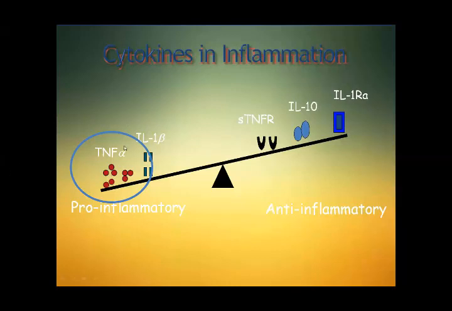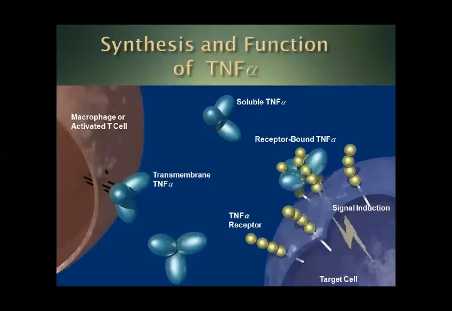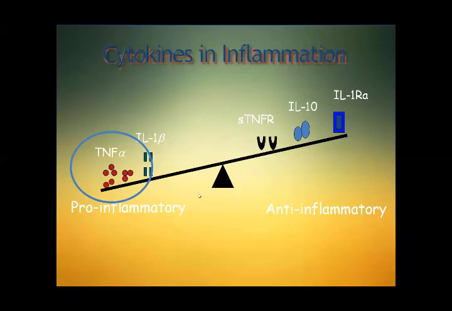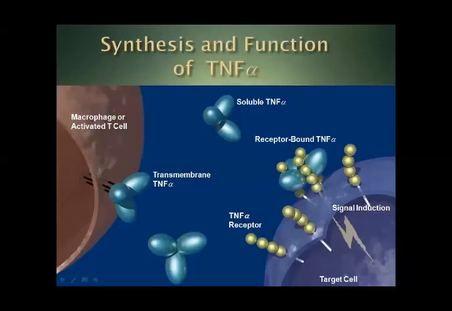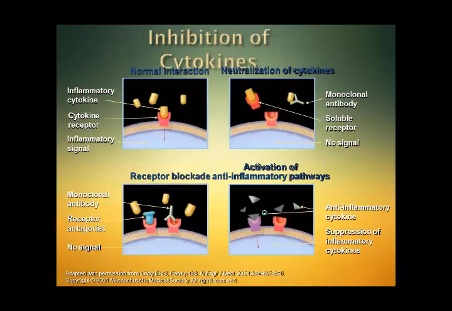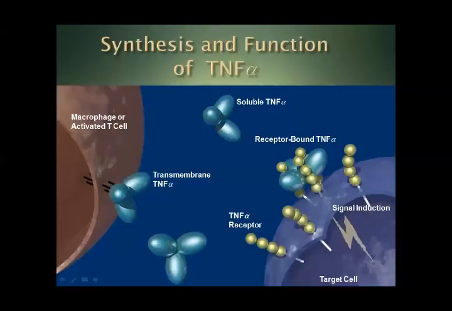Tumor necrosis factor alpha and the anti-inflammatory interleukins, these processes lead to inflammation of the muscles. If we look at macrophage activation and T cell activation, and the tumor necrosis factor receptors,